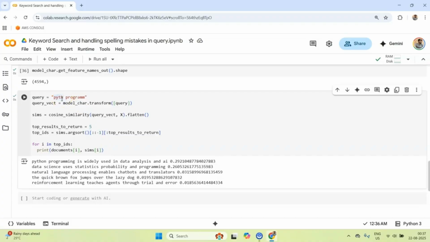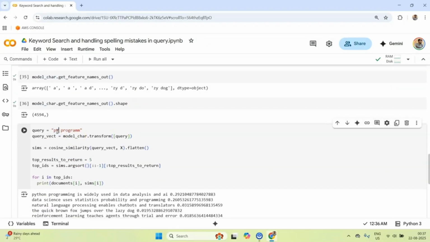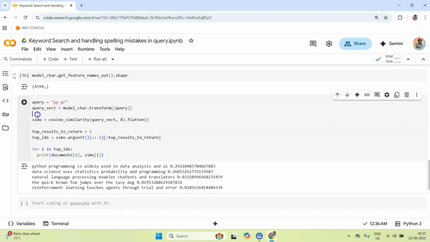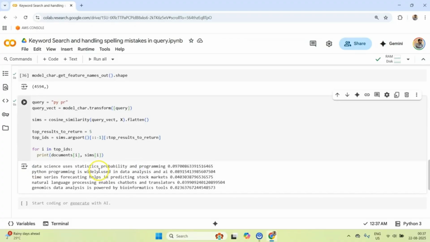And it goes up to, like, you see, we provided an n-gram range of 2. Now let me do something very wild. Let me remove pi and pr, and let's see what we get. Okay, now you see, with pi it is saying that this is the top relevant document, but again it did not mean that it did not list the Python programming. It did list that. The only thing was, in the query there was not much information. But if, let's say, I give maybe wi, it will again re-rank. You see, it will again re-rank the first document, the relevant document.